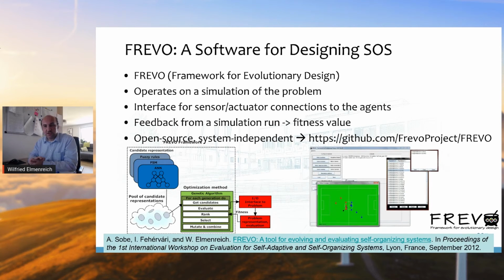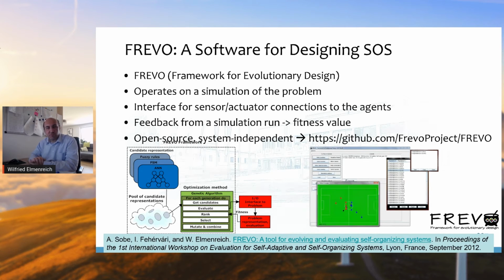This also dates back to a concept of evolutionary design and neural networks. We have developed a system for designing self-organizing systems with evolutionary design. It's called FREVO. FREVO operates on a simulation of a problem, so you have a simulation and you need to have a fitness value. Based on this fitness value, FREVO tries to come up with a design of a neural network that can